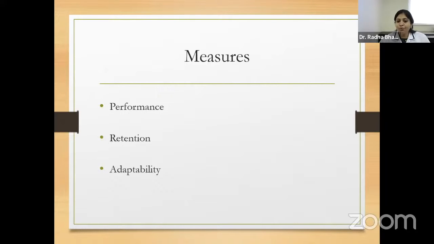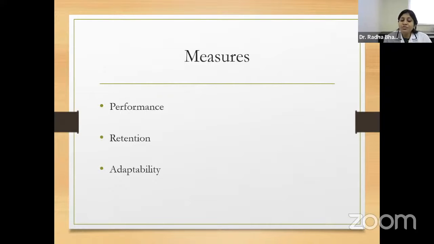The next measure is retention. When we want to say that learning has occurred, it should be retained. It should reflect in behavior. So for example, in a current session, if I'm treating a patient and giving him some exercise, and if I'm teaching a reaching activity and my patient is able to do it well, and tomorrow when he comes back and I again ask him to reach and he's not able to do it with that accuracy or in that particular manner, then this is not retained. In that particular session, after repetition, his performance has definitely improved, but there is no retention.